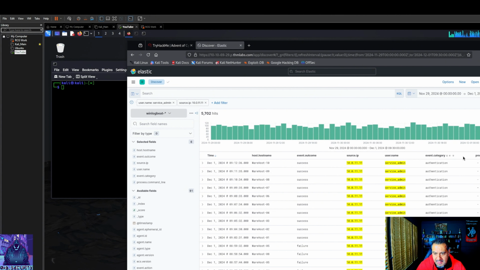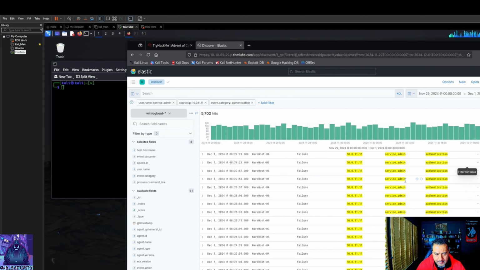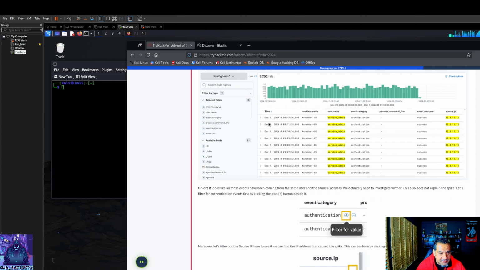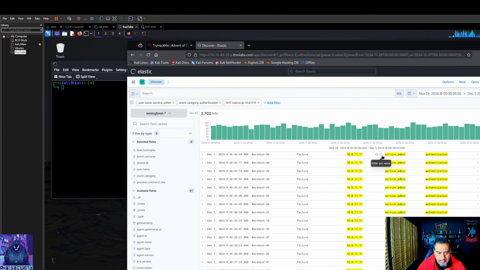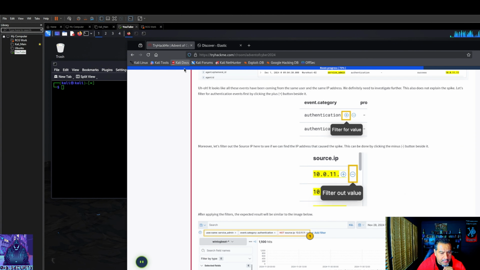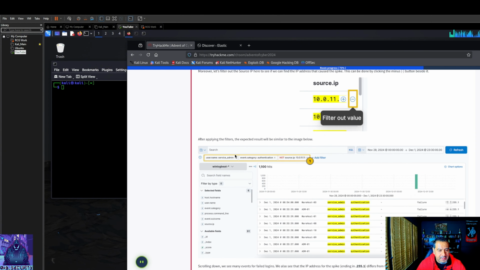Let's put that there. All right, authentication. 5702. Okay. Filter out the IP. So we got 1100. After applying these filters, the expected results will be similar to the image below.